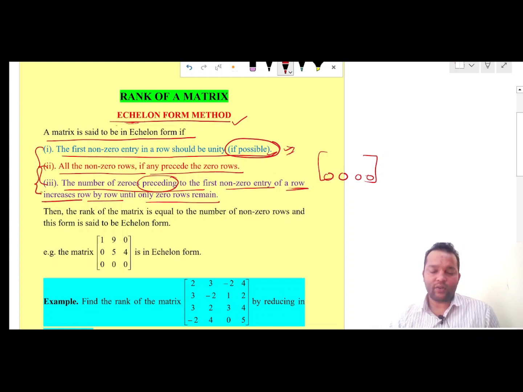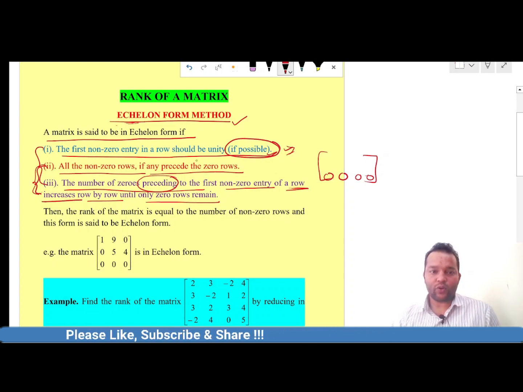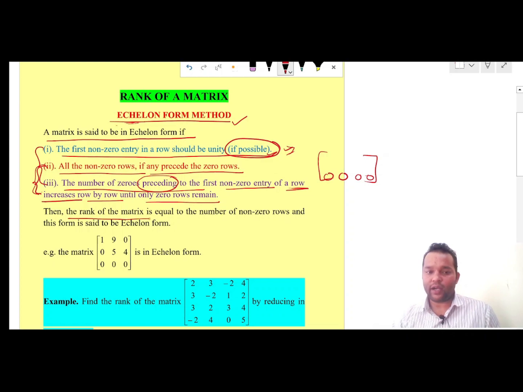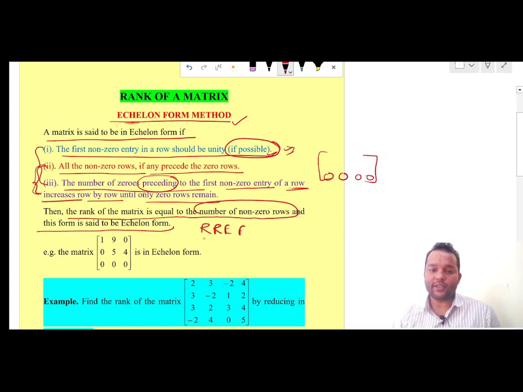These two conditions are actually necessary conditions. So in order to verify whether any particular form is an echelon form or not, we have to satisfy these two conditions. Suppose a matrix A is reduced into echelon form, then the rank of that matrix is the same as the number of non-zero rows in that reduced echelon form, which in general is known as the row reduced echelon form,